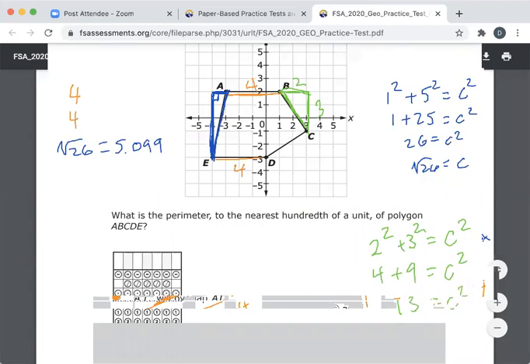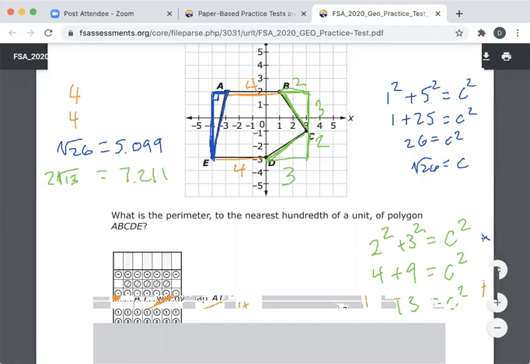So square root of 13 equals c. And if I look at the other side, it's the same thing. So there's a side of 2 and there's a side of 3. So it's going to be 2 times the square root of 13 because there are 2 sides that are the square root of 13. And the square root of 13 is 3.6, times 2 is